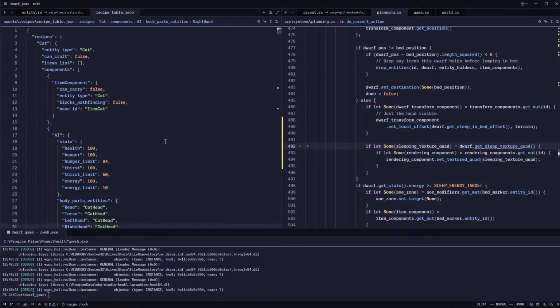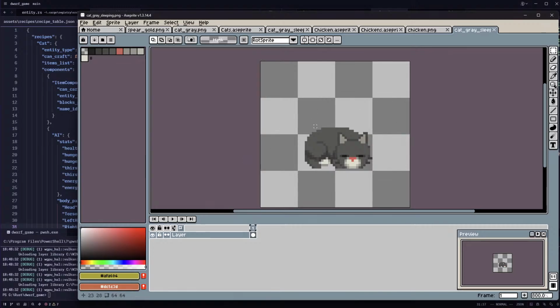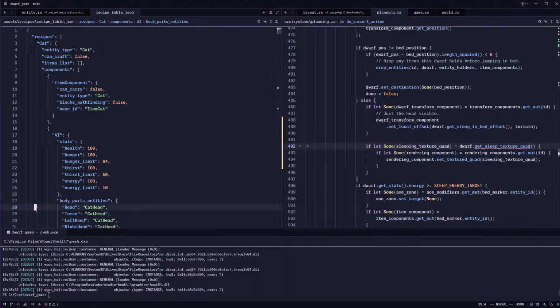Okay. I actually saw a guy today having a really cool setup where he edited things in Sprite and then had the script to export things, and it exports the tightest box around them. And I was thinking about my textures that they're kind of wasting space, and I could do something similar. In any case, let's see, we're setting the sleeping texture quad, but